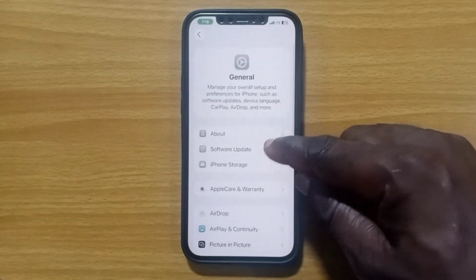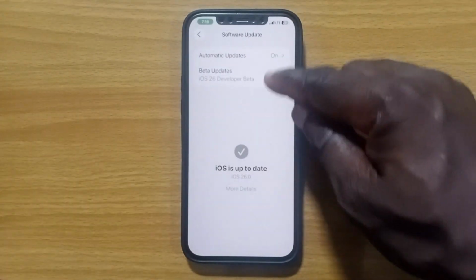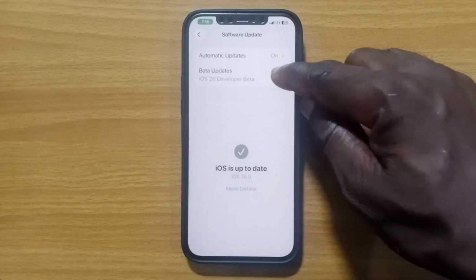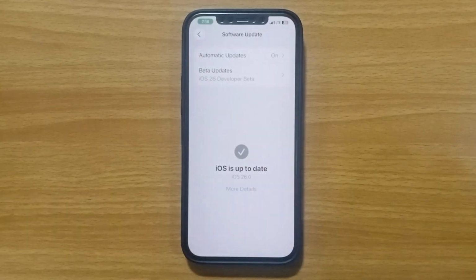Now here you should see this beta update. Tap on it. Then you should be able to see the update here, being able to apply for Apple iOS 26 beta update